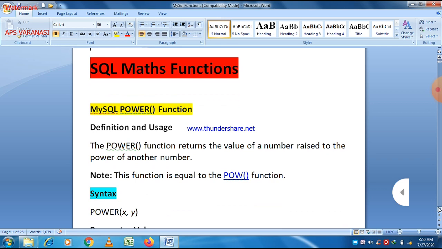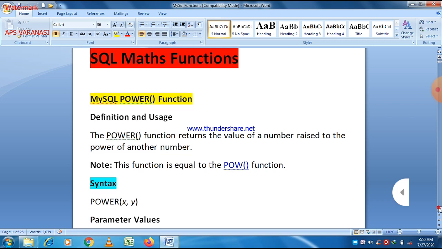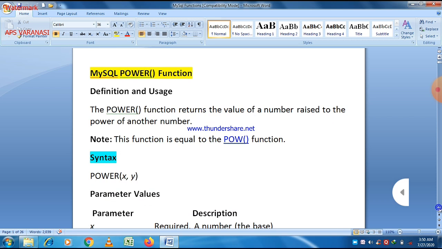So the function name is power and then the parenthesis, and whatever value we give within the parenthesis, that is, as a parameter, will work as raw material to that function. There is another function named POW, which also works as a power function.